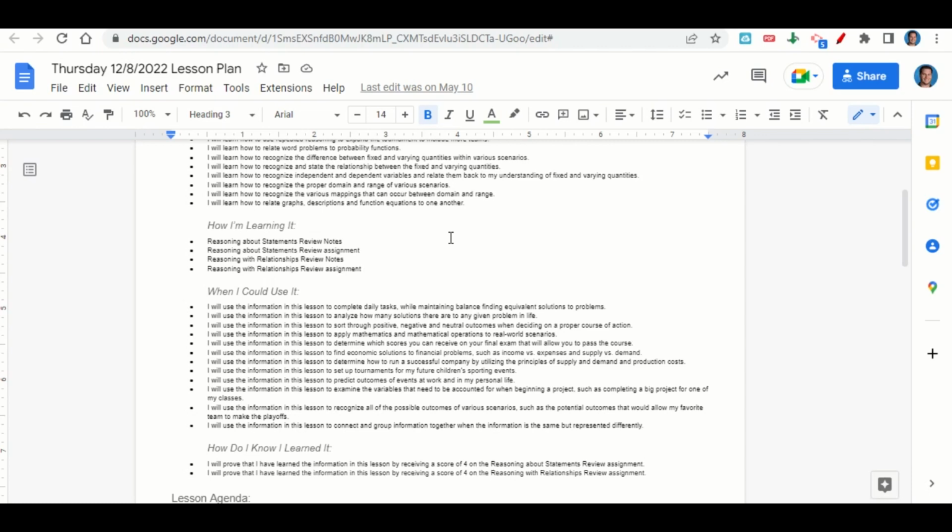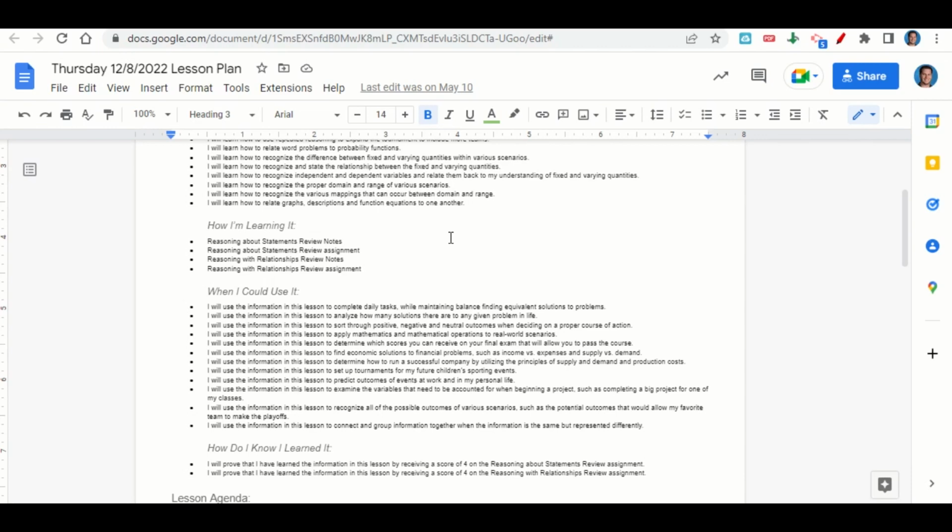exam that will allow you to pass the course, to find economic solutions to financial problems, such as income versus expenses and supply versus demand, to determine how to run a successful company by utilizing the principles of supply and demand and production costs, to set up tournaments for your future children's sporting events, to predict the outcomes of events at work and in your personal life, to examine the variables that need to be accounted for when beginning a project, such as completing a big project for one of your classes,